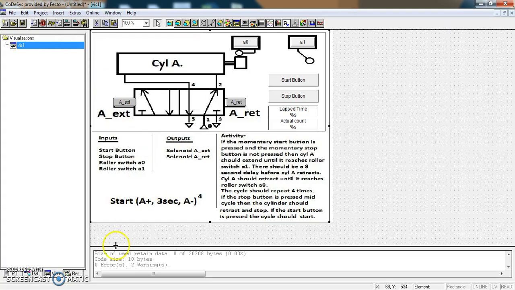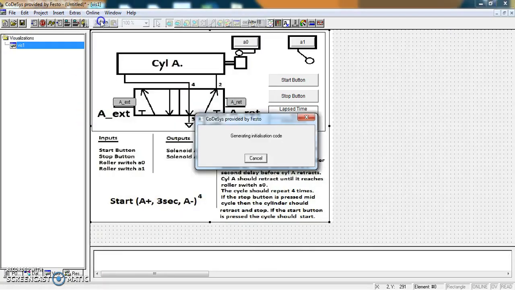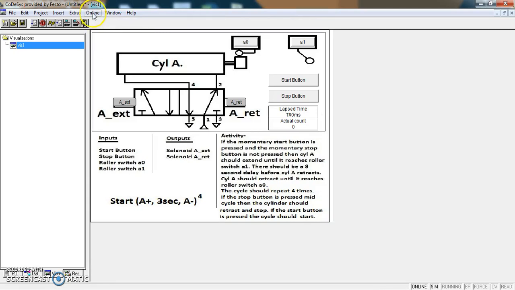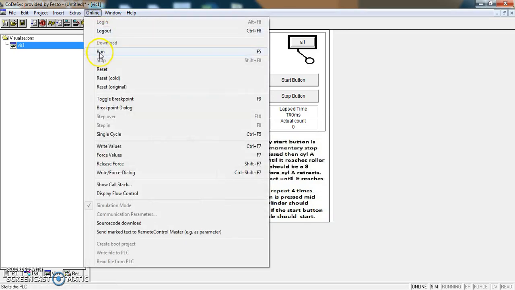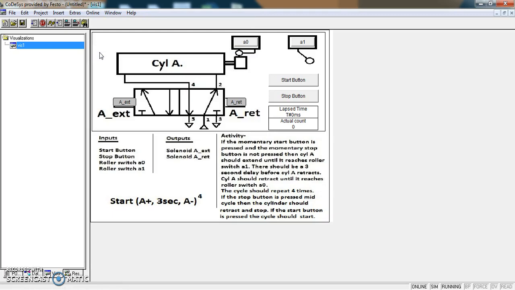Project build, zero errors. We will go online and log in, and online and run. So to begin with, this switch is active, so we'll turn that roller switch on and we will press our start button. You can see A extend comes on, the solenoid comes on, so that'll mean that the cylinder will start